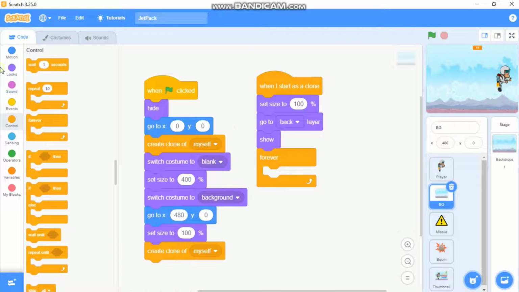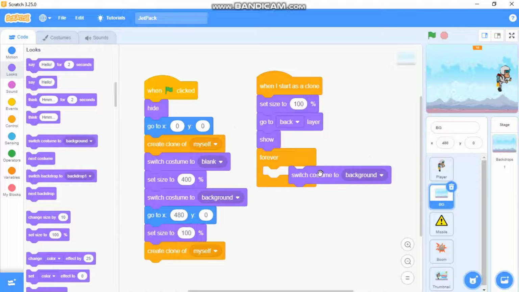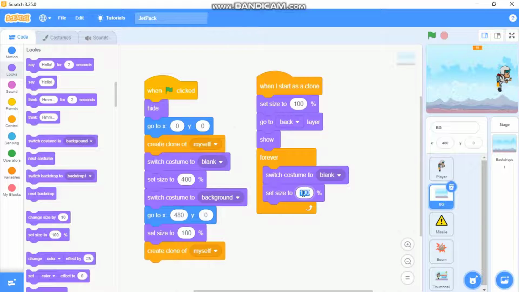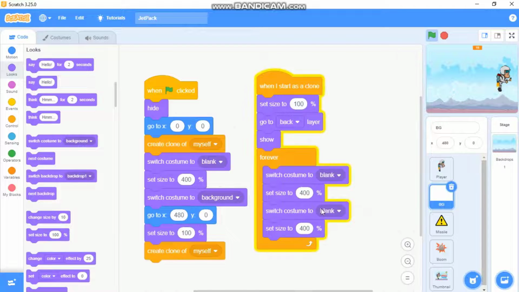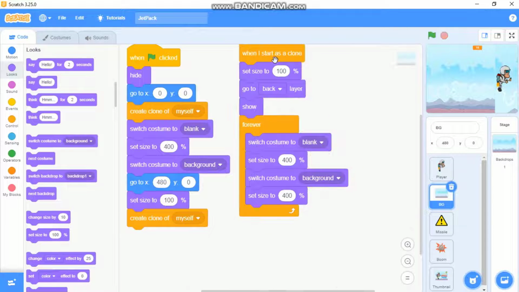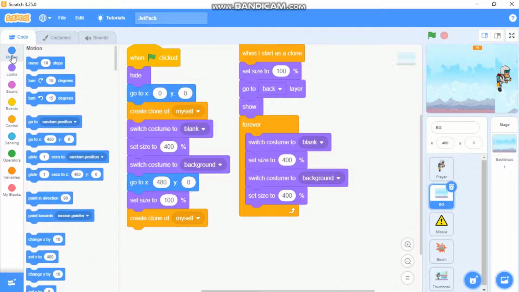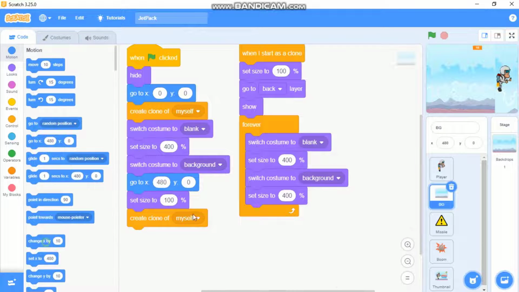We need to switch costume to blank, set our size to 400, and duplicate, switch costume to background. Then we need to change our X by -10, set our size to 100 again,